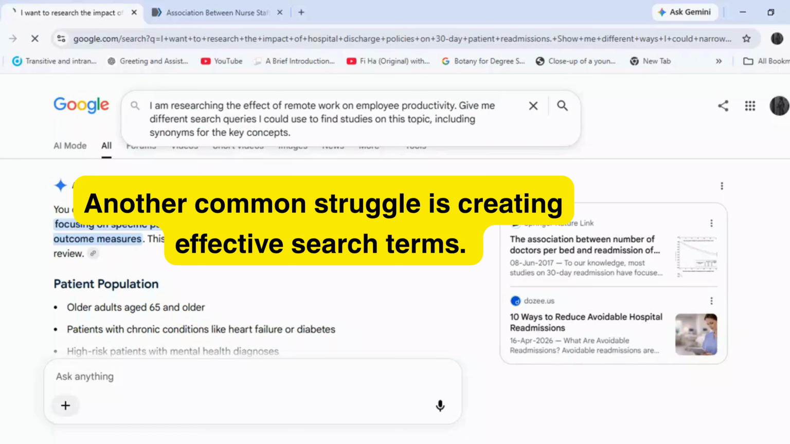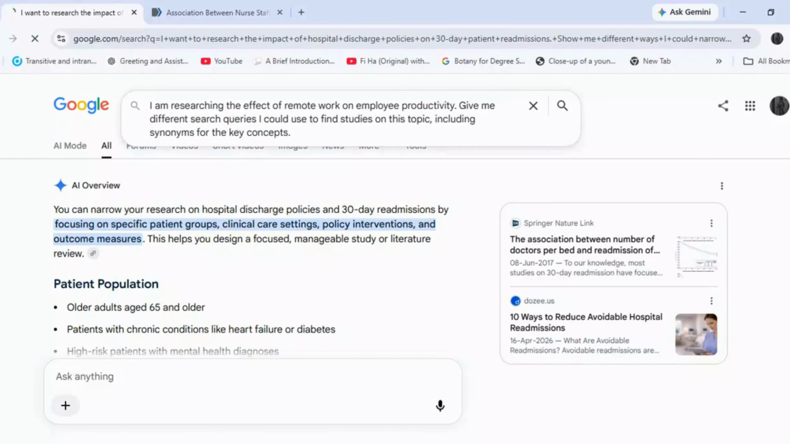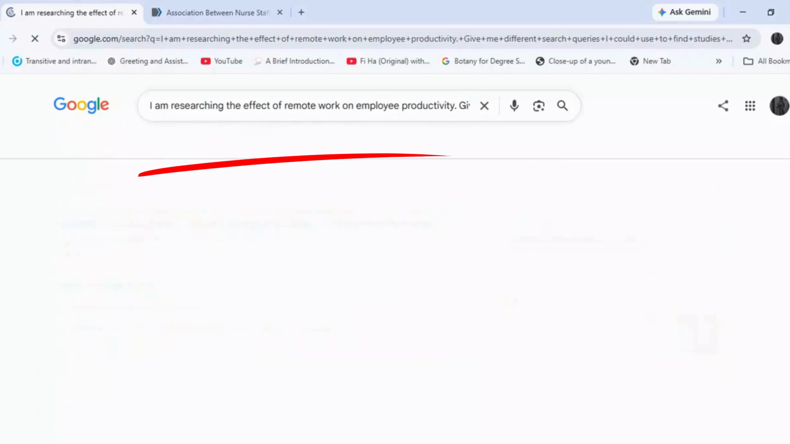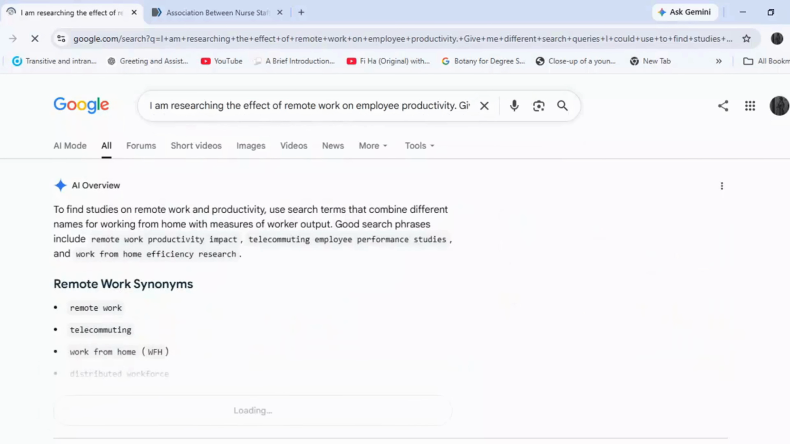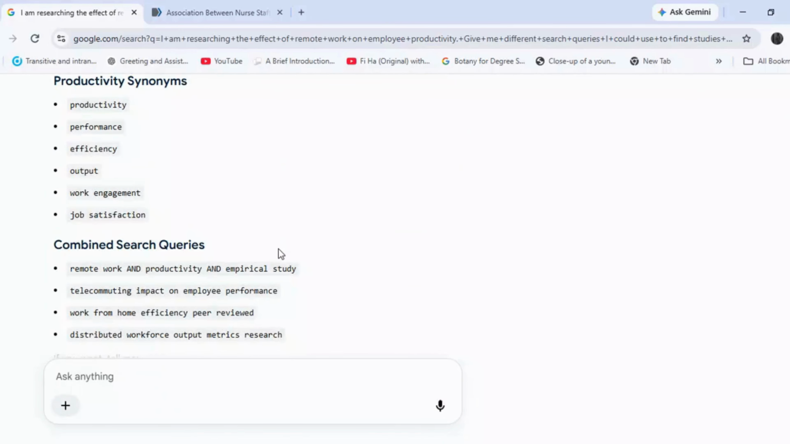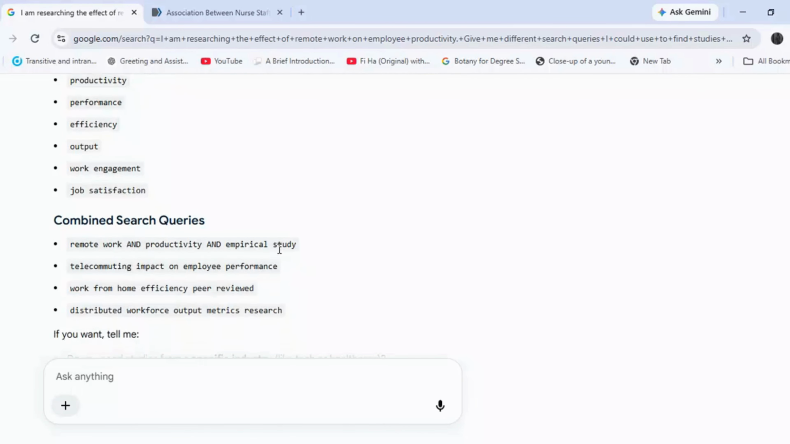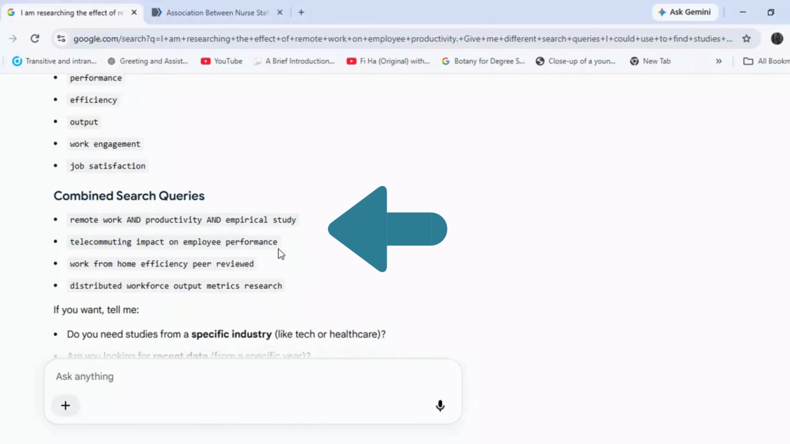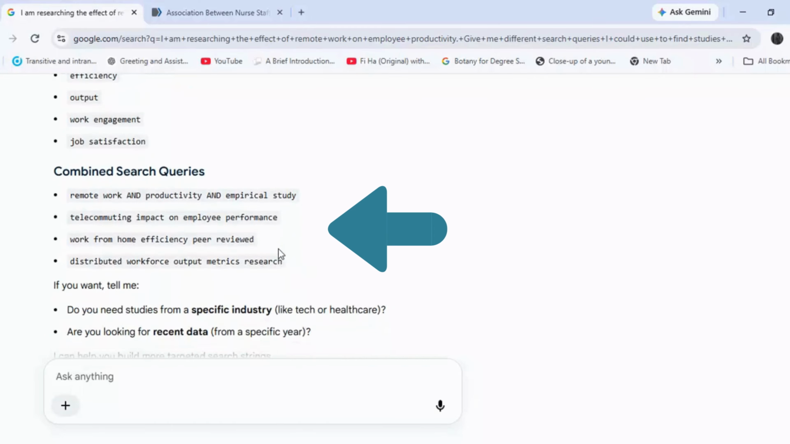Another common struggle is creating effective search terms. Instead of spending a lot of time trying to think of different keywords, ask AI Mode for search queries and synonyms for your main concepts. For example, for remote work and employee productivity, Google AI Mode provides synonyms for remote work, synonyms for productivity, and combined search queries. You can use these terms in Google Scholar and other academic databases to search more broadly and